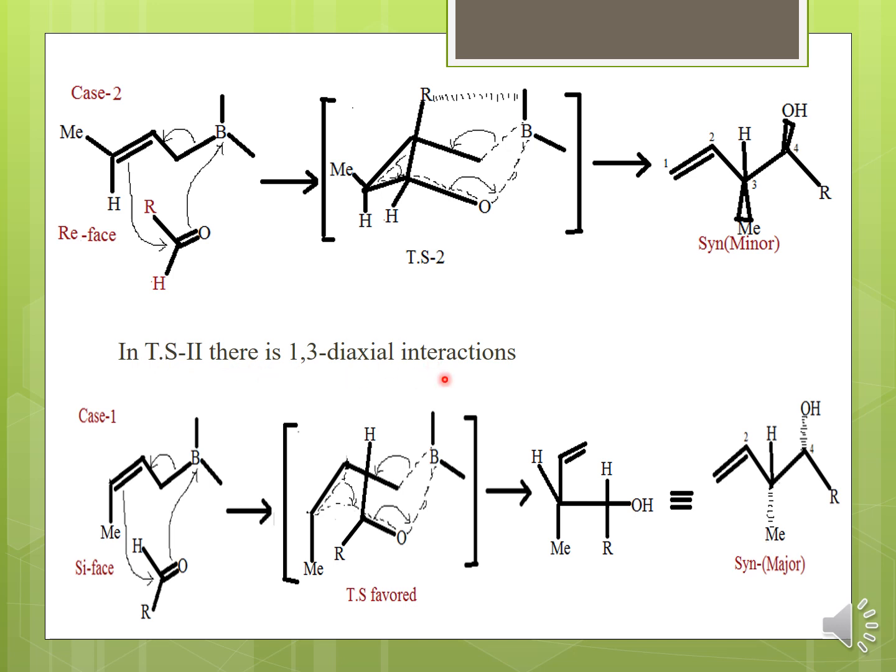Okay, so moving on to next, in the transition state 2 there are 1,3 diaxial interactions also. So if you see here, we are telling which transition state is favored and which transition state is unfavored. So if you take the allyl borons and then treat with the Si face, at that time what happens, the anti-clockwise direction of this. So this bond will go and attack the boron atom, this bond shifts, again this comes over here, resulting in this favored transition state.